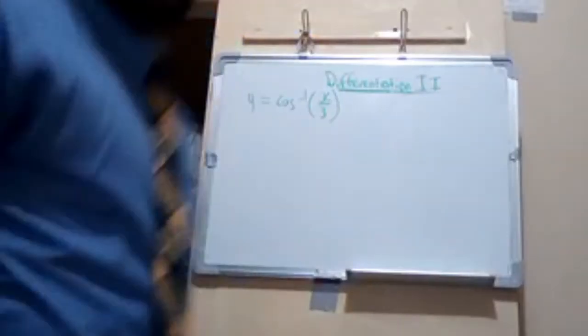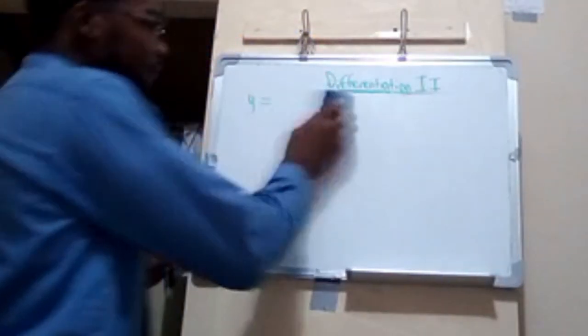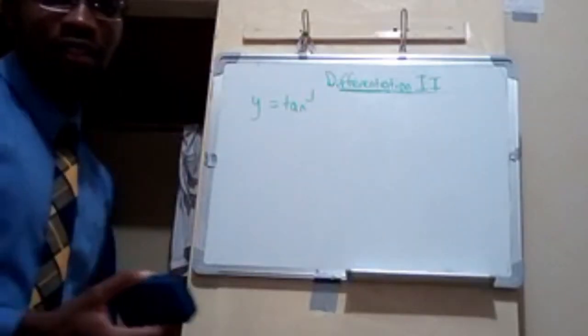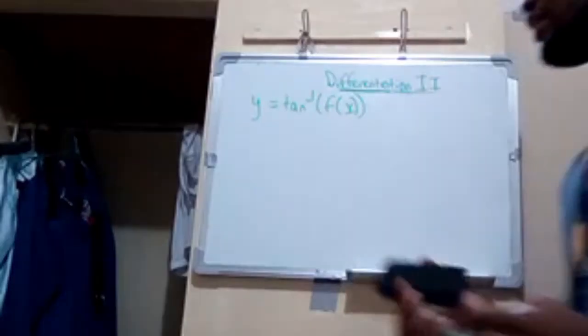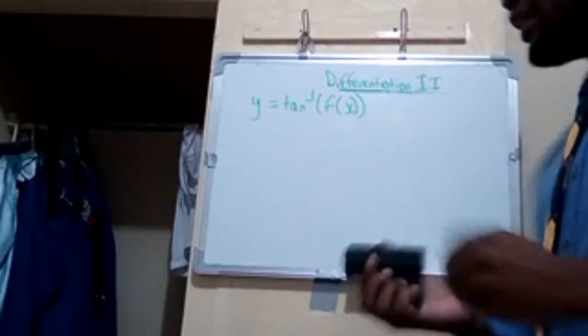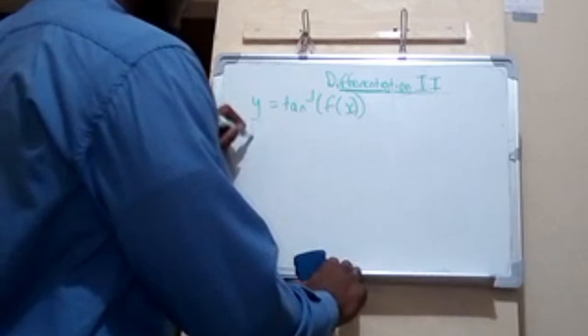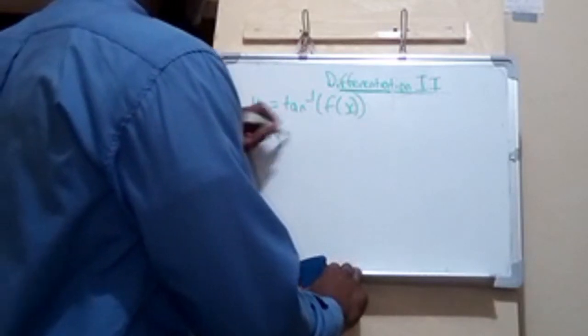So let's look at y equal tan inverse. So we have y is equal to tan inverse of a function of x, and we want to find dy by dx. So first thing is, if y is equal to tan inverse of a function of x, then tan y is equal